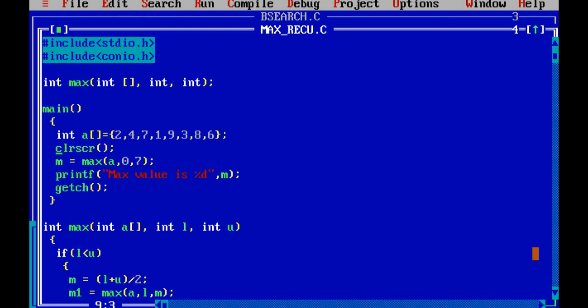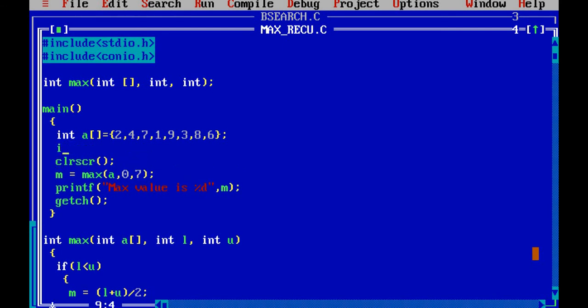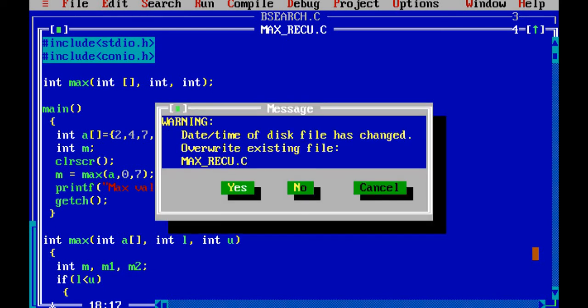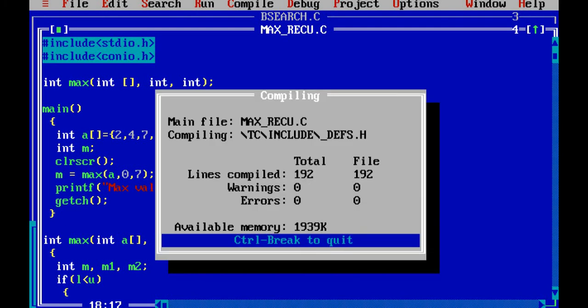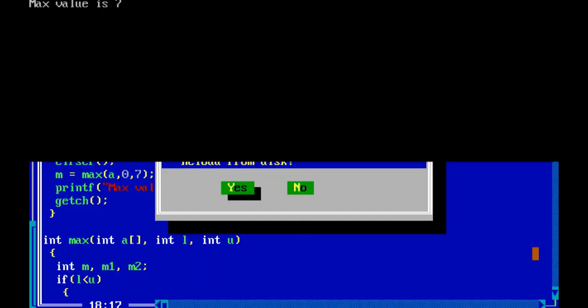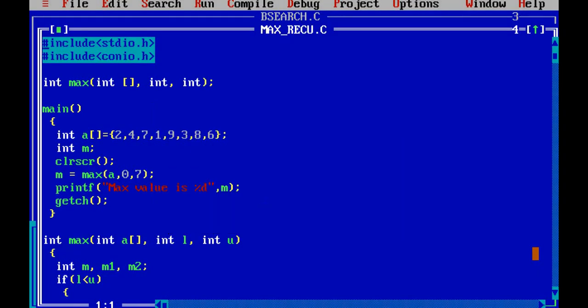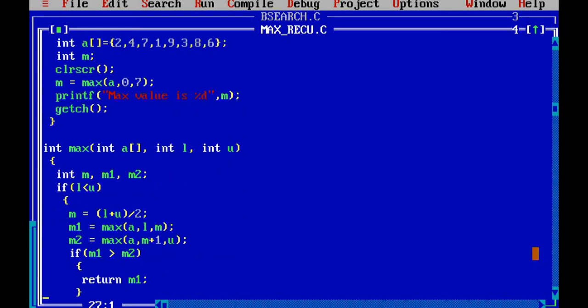There was some problem. Int M. Second thing is that I think here also int M, M1, M2. Right. So all these things will be there. The maximum value is 7. Is it 7? No, it is 9. Let's see what happened.